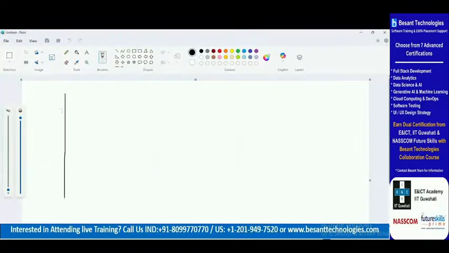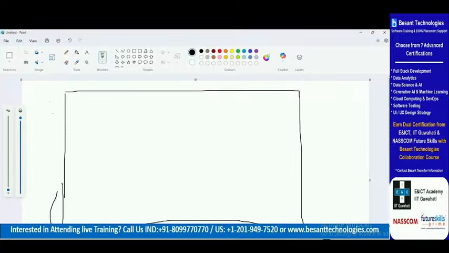It is like an Excel sheet only. The name of my Excel sheet is Sales. That is called an app. Just now I opened the Sales app, and inside that,